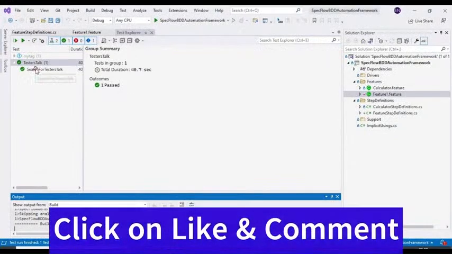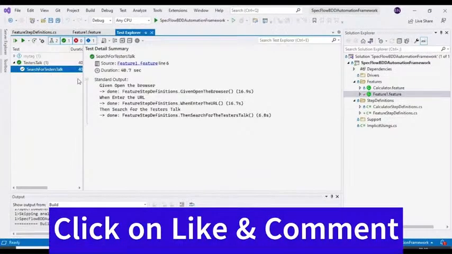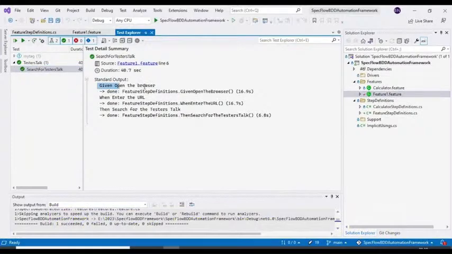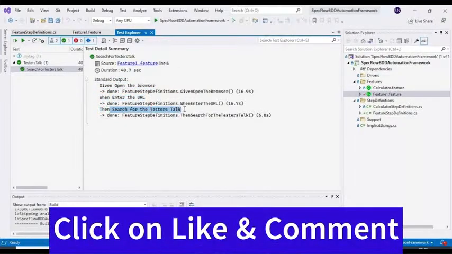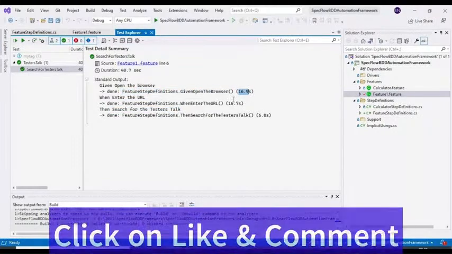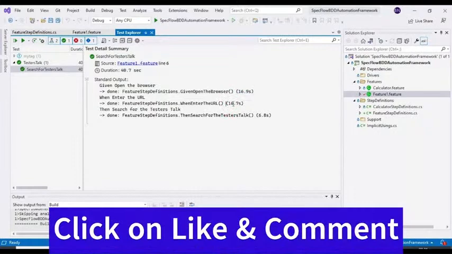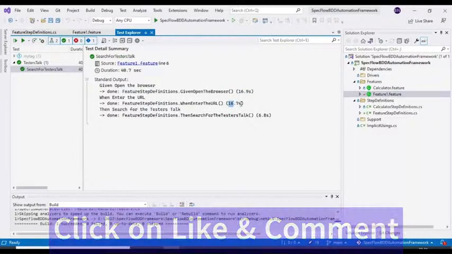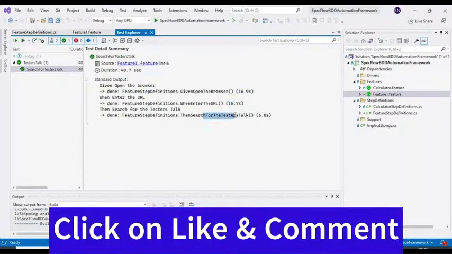And if I select this particular scenario, these are the three steps. First step is given, open the browser, second step is when enter the URL, and third step you can see that search for the tester stock. And you can see on the right side how long each step has executed. You can see that 16.9, the second step took 16.7 seconds, and the third step took 6.8 seconds,